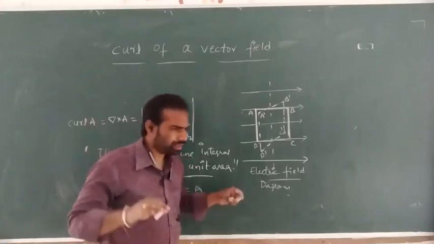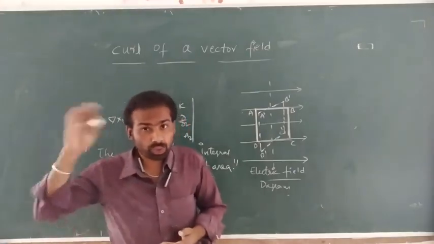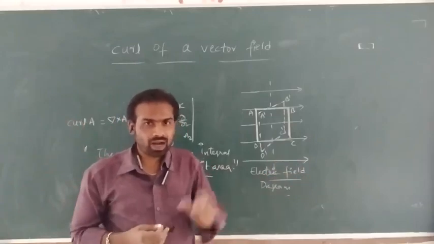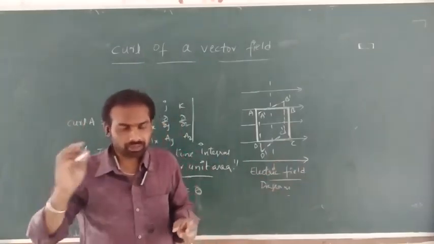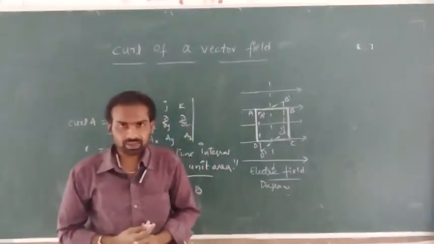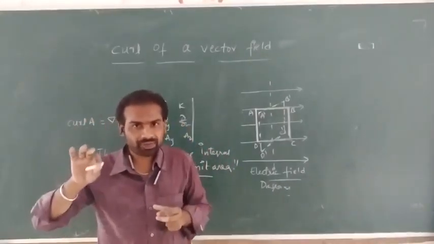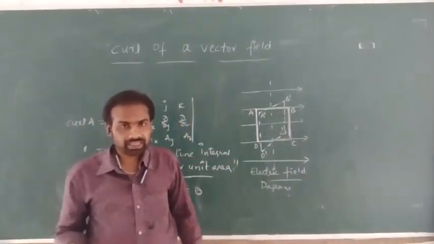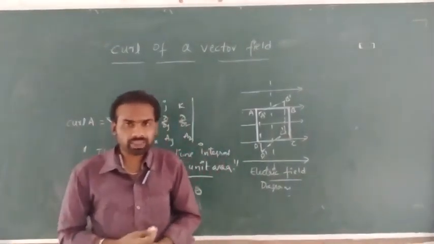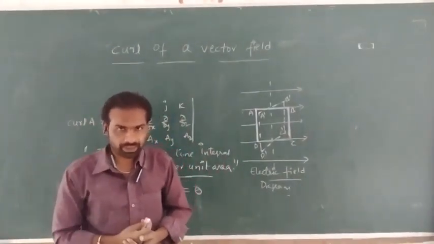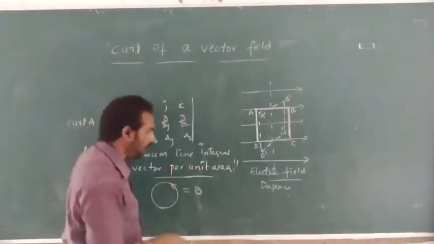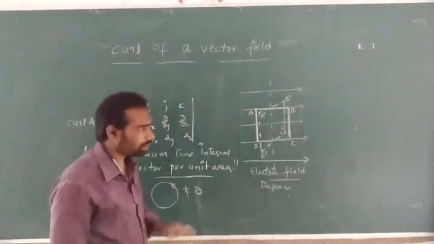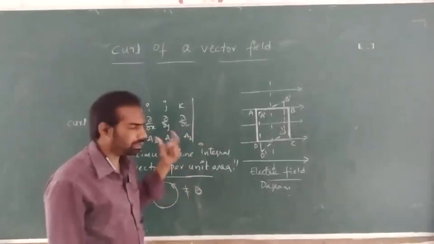And there are other vector fields which are not produced by the gradient of scalar fields, isn't it? All gradients of scalar fields are vector fields, but not all vector fields come from the gradient of scalar fields. There are some individual vector fields which are not produced by the gradient of scalar fields. In such vector fields, the line integral around a closed curve is not equal to 0. Okay, right? Now, just keep it aside.